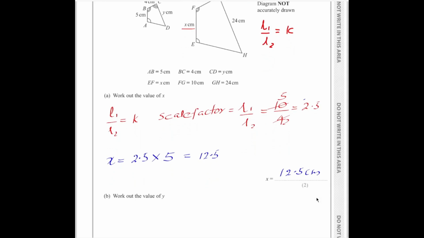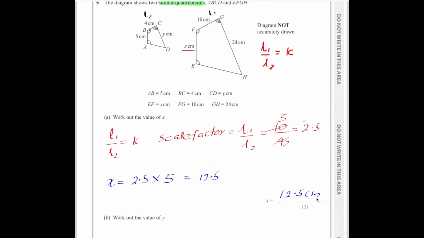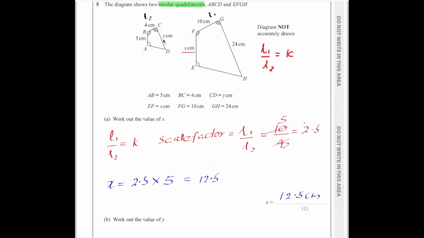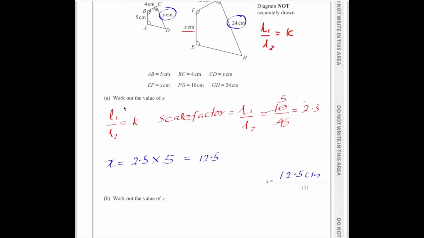Part B, we have to get the value of y. So y is in the smaller diagram in this case. Remember, when getting any length for the smaller diagram, you need to divide by the scale factor. Let's write y. What's the corresponding length for y in this bigger diagram? This is the y. The corresponding length for y is this one. Then remember to divide. So let's go to y equals,